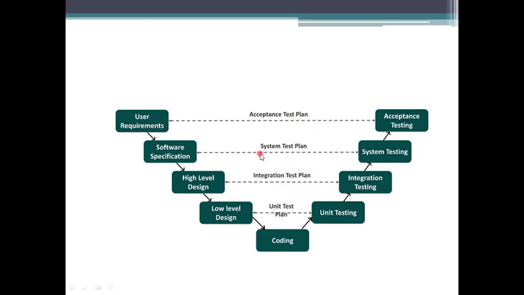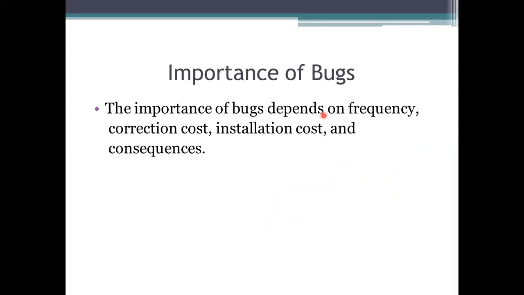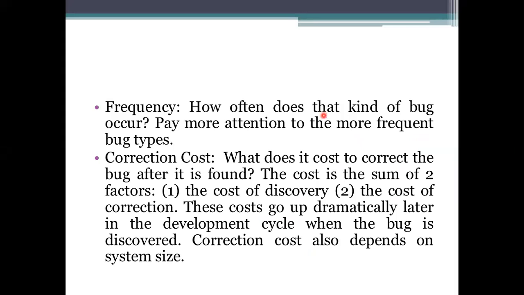If we are not preparing the test plan at each and every step, we are simply ignoring errors, and finally when the project comes to the end state, the design that should have been done in a successful manner turns out to be a failure. So how do we give importance to a bug, and how do we know whether importance has been given to it or not?